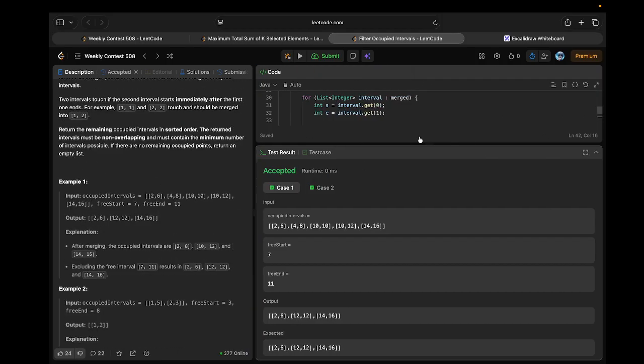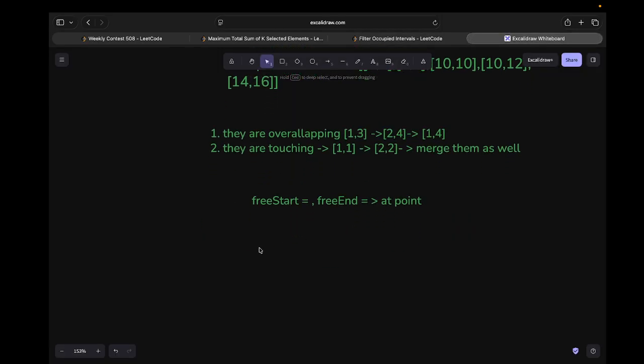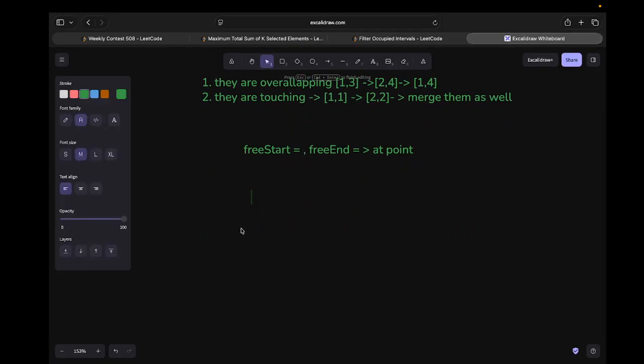So how do we actually come up with a solution for such a problem? One thing I learned from solving LeetCode for such a long time is that whenever there is a problem related to intervals, always think about sorting, because that will help you a lot, and most of the time it works, right? What does sorting mean? Either sort the intervals